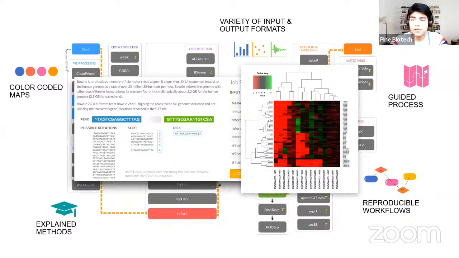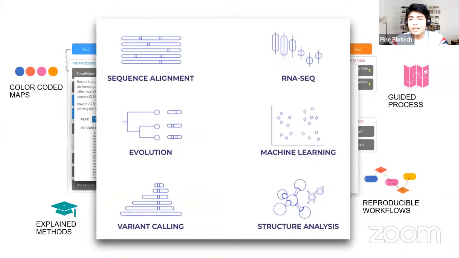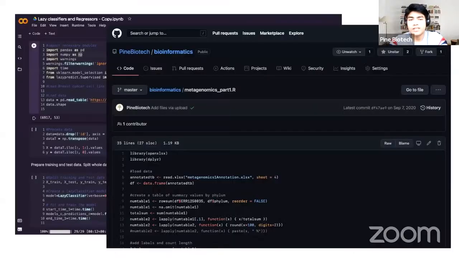The T-Bioinfo platform also generates publication worthy graphics, images and figures which you can incorporate into your research paper, publication, or any posters. The T-Bioinfo serves various purposes, which include sequencing, the RNA-seq domain, various machine learning tools such as unsupervised, supervised, and more, and variant calling, structure analysis, phylogenetics, and a lot more than that.